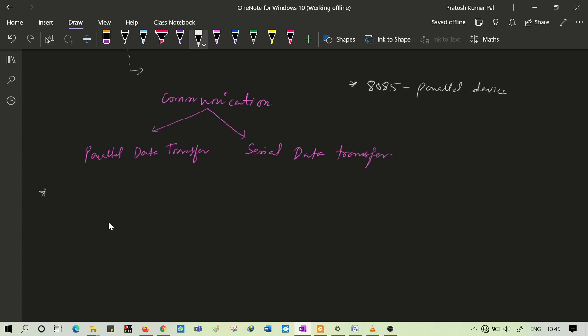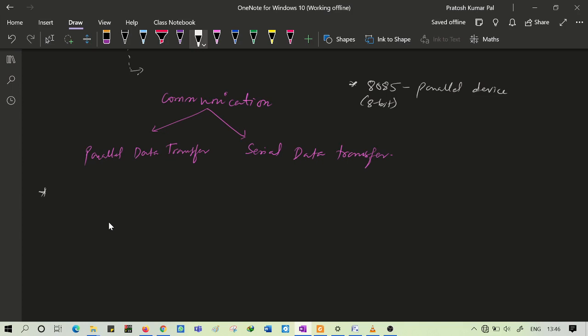That means it can access data parallelly and process the data parallelly, 8-bit data basically. It processes 8-bit data at a time. As it is a parallel device, it transfers 8 bits of data simultaneously over 8 data lines.